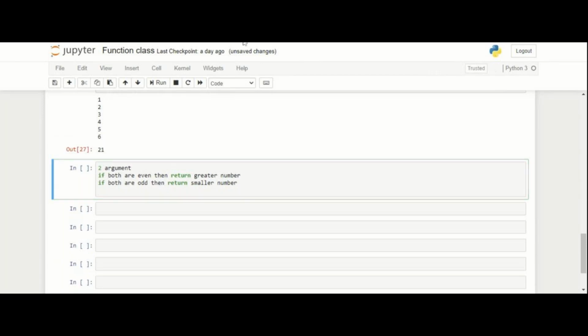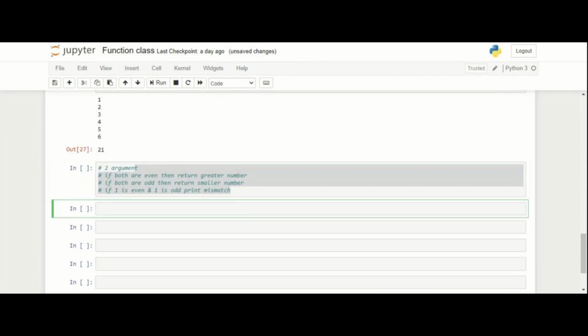And if one is odd and the other is even, then it will print mismatch, right? If one is even and one is odd, print mismatch. Okay, so this was my requirement, right?